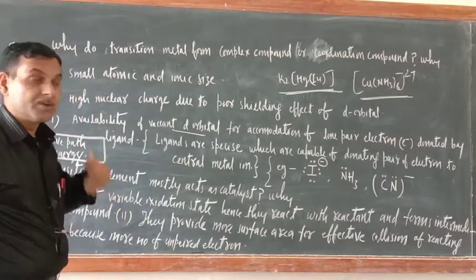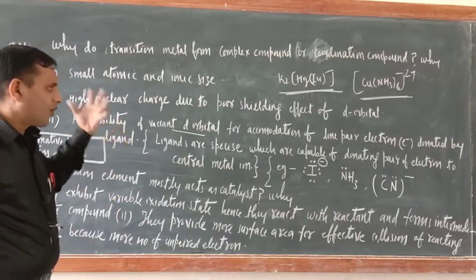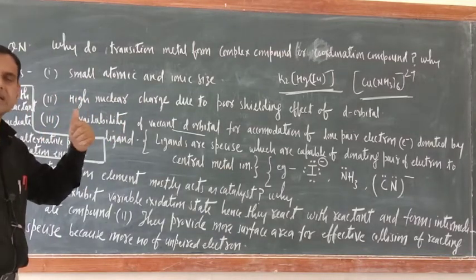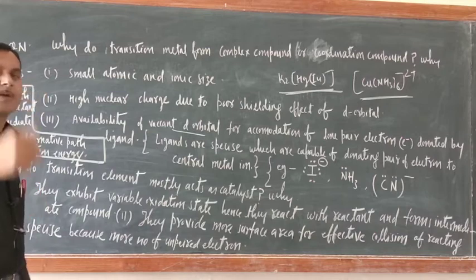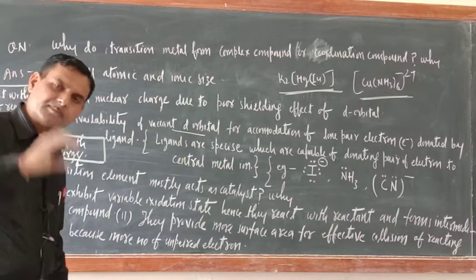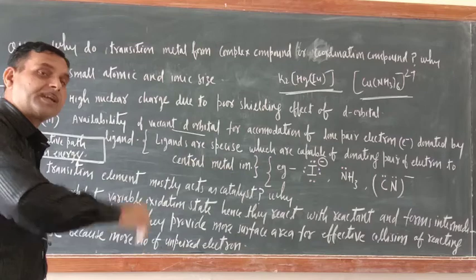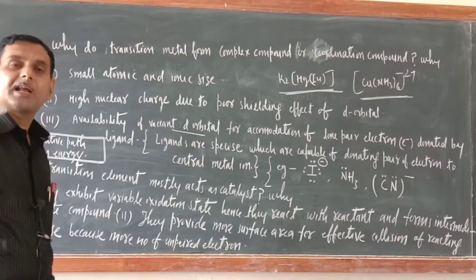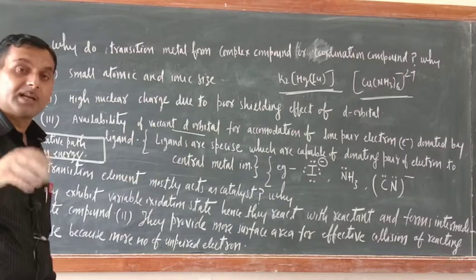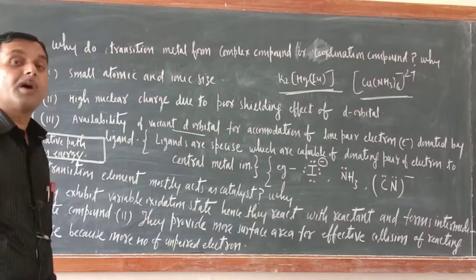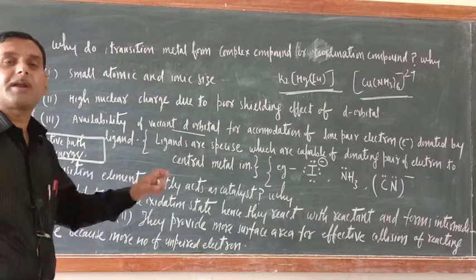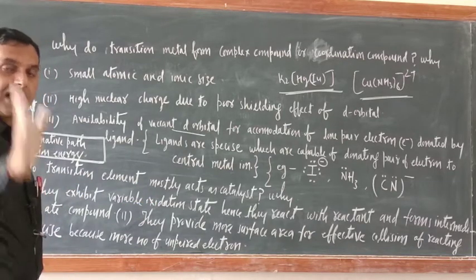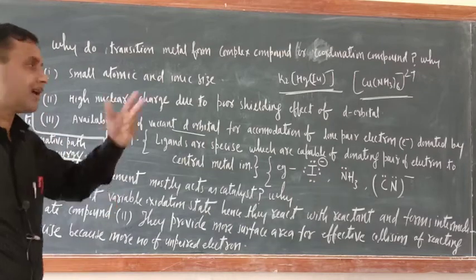What is their other name? Coordination compound. Okay, so I hope you have got it. Because of these three reasons only, since ligands are capable of donating a pair of electrons, the central metal atom should also be capable of accepting that lone pair of electrons. You know that d orbital elements have vacant d orbitals, and that is the place for keeping the electrons. Five orbitals are there. Now they will be vacant, and if ligands are donating a pair of electrons, that can be accommodated.